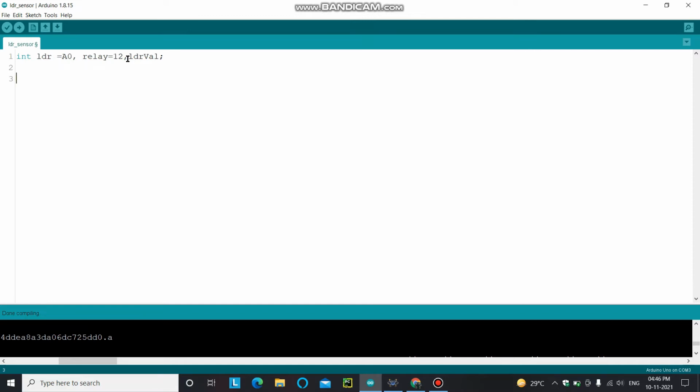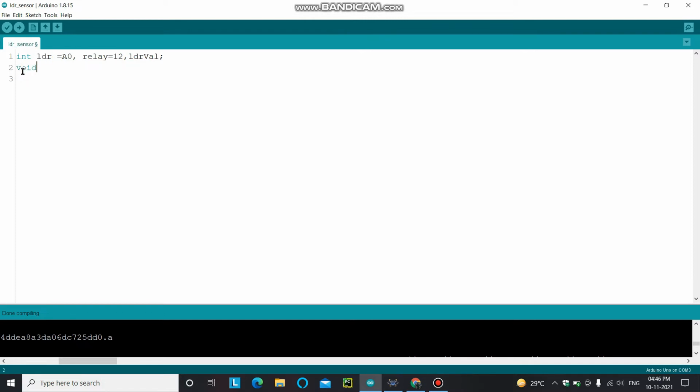Now in the setup, we have to define the relay pin as our output pin. You do not need to define the analog pin as an input pin, because by default analog pins of the Arduino board are input pins, and the LDR sensor is an analog type of sensor.